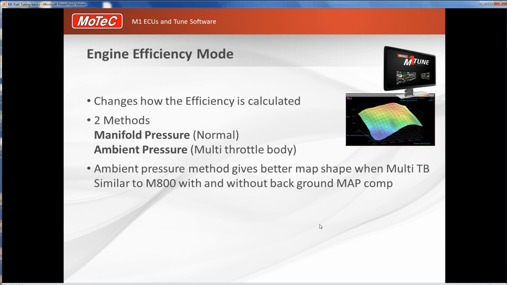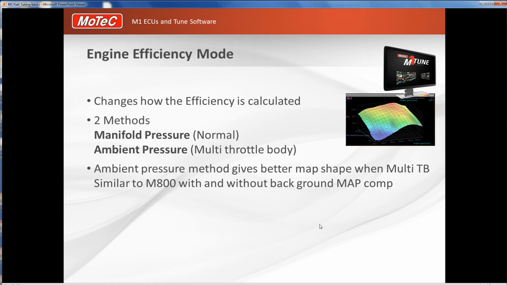In an M1, if you were to do a multi-throttle body engine, and the same with an M800, you don't really have an accurate reference to inlet manifold pressure. What that means is if you did try to do multi-throttle body engine tuning in the M1 with manifold pressure as the main calculator for the engine efficiency table, the resolution is all out of whack and the table shape just looks terrible. So you have an option to change